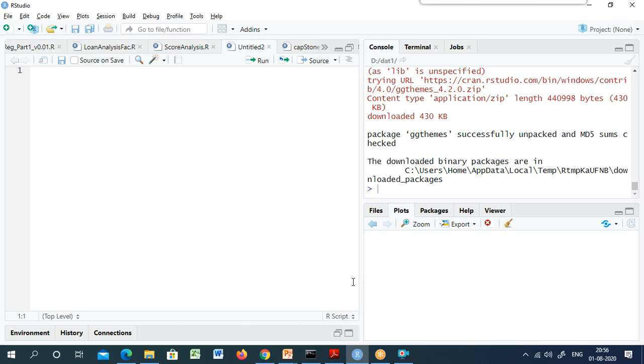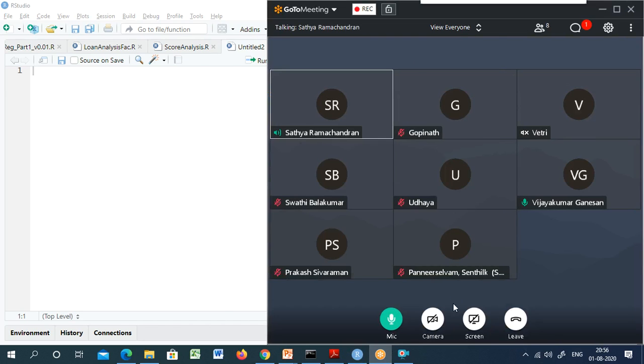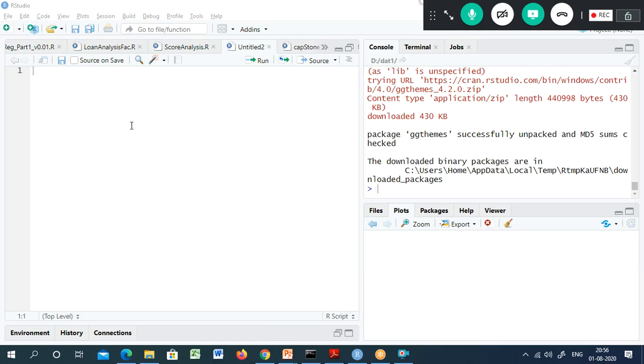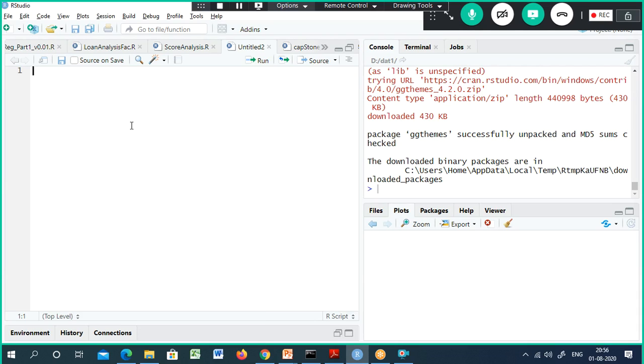Those people who are especially familiar with SQL queries, writing SQL queries, can work comfortably with the dplyr package. You can do SQL-like join operations using dplyr, and you can also use the dplyr verbs like select, filter, mutate, group by, and summarize, right?